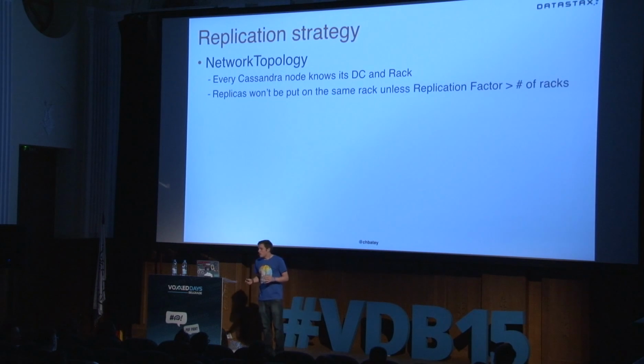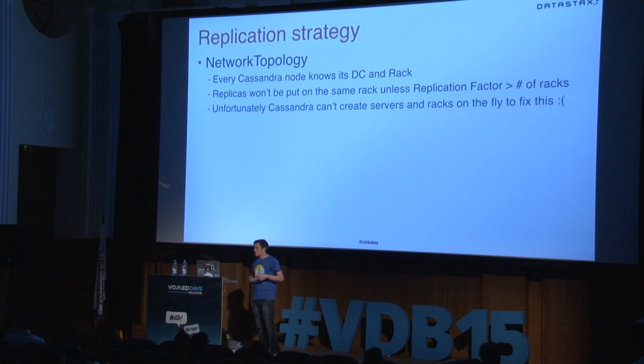Then when you write your data, we get the first replica by hashing, but then it walks around the ring and selects the additional replicas to make sure that they're not on the same rack. Unfortunately, and there's a feature open for this, and we'll see whether we can get to it at some point, Cassandra can't invent racks. It can't create new infrastructure for you. So if you ask for a higher replication factor, because that's something you decide, than there are racks in the data center, you will end up with multiple copies on the same rack. So there's no magic involved there. All of this means that the way your data is distributed in Cassandra is actually quite complicated. It's spread all over the place.